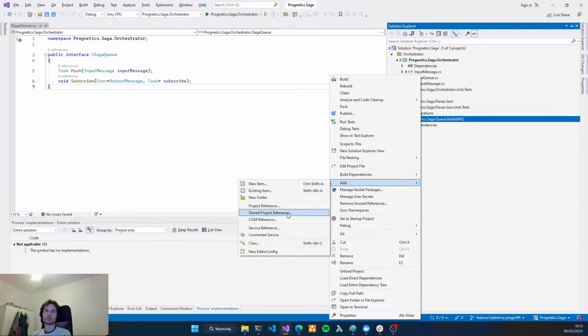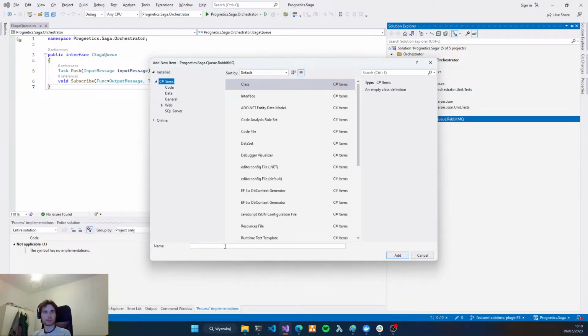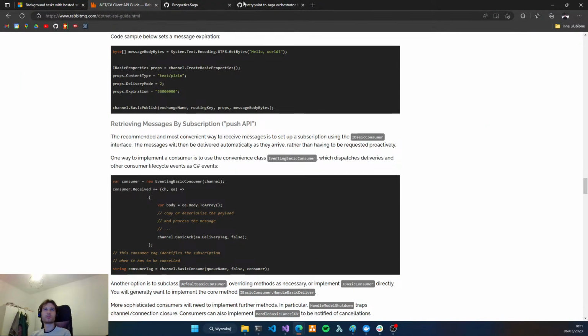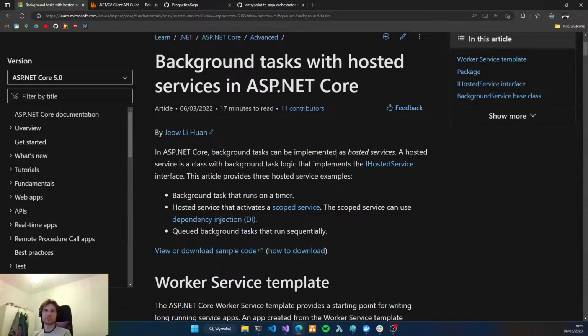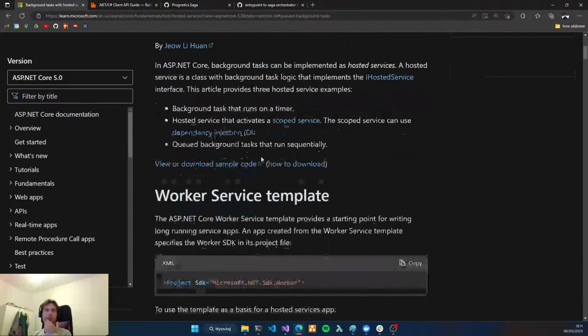I think it's fair to name it worker, because I think the definition of what we want to implement is very similar to a background task.